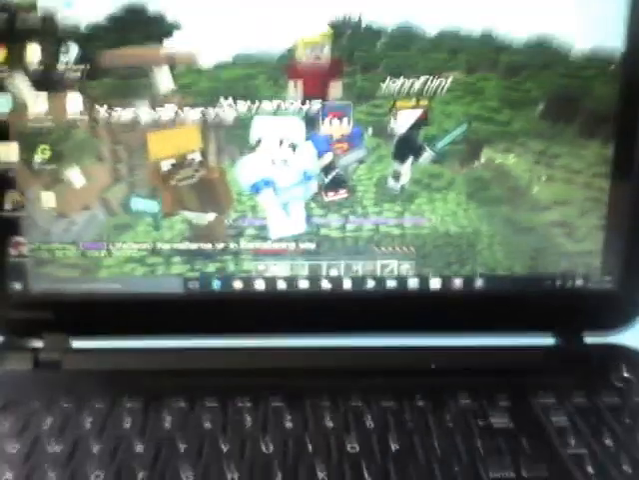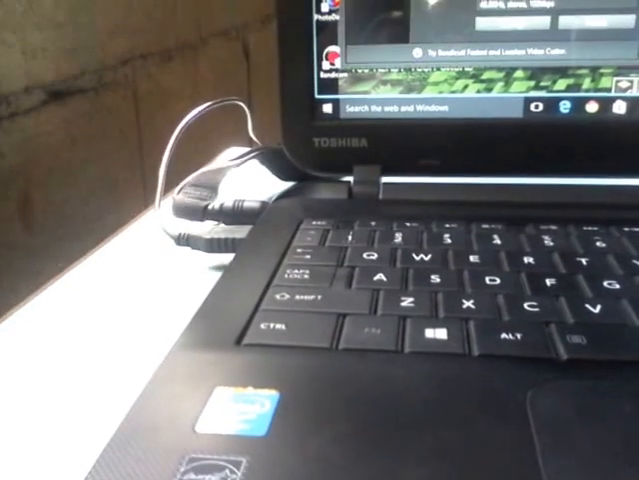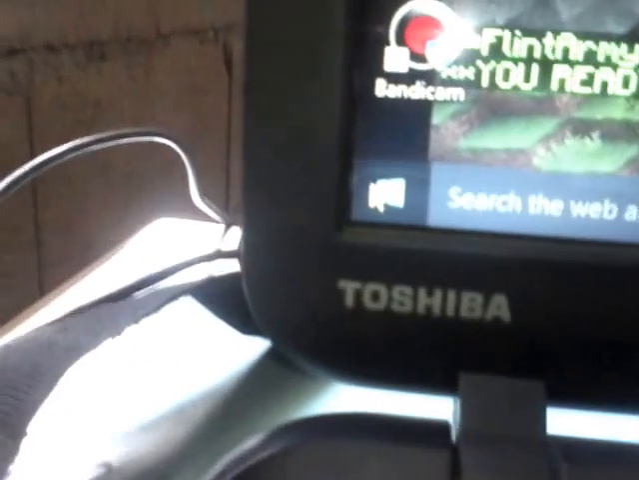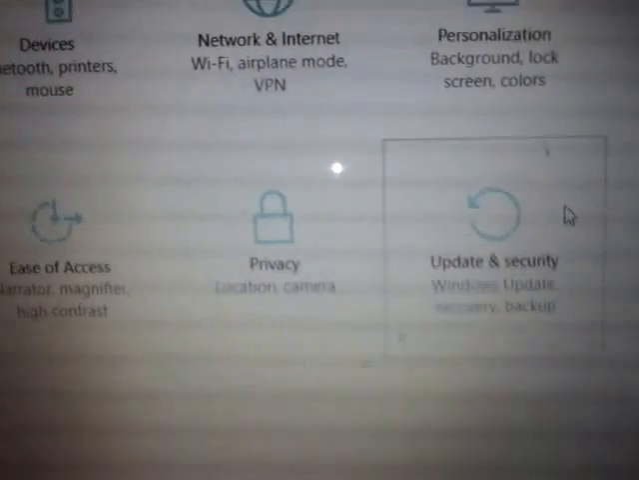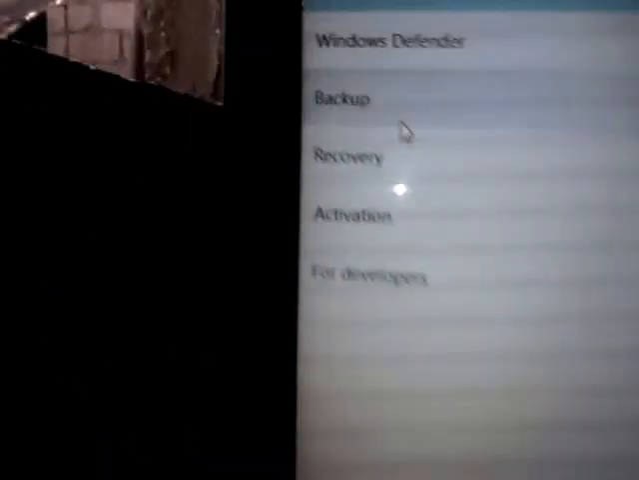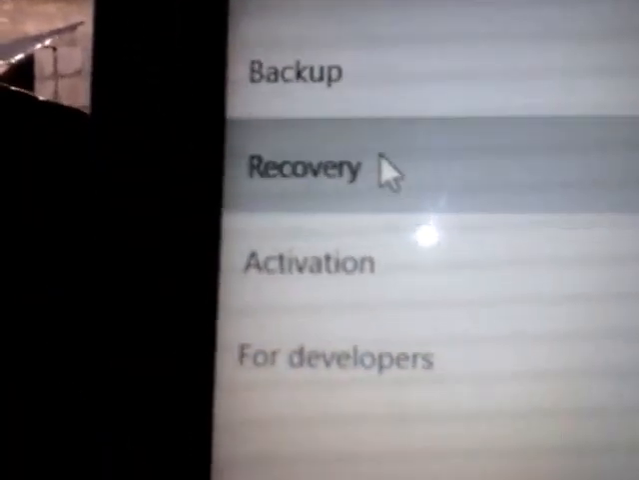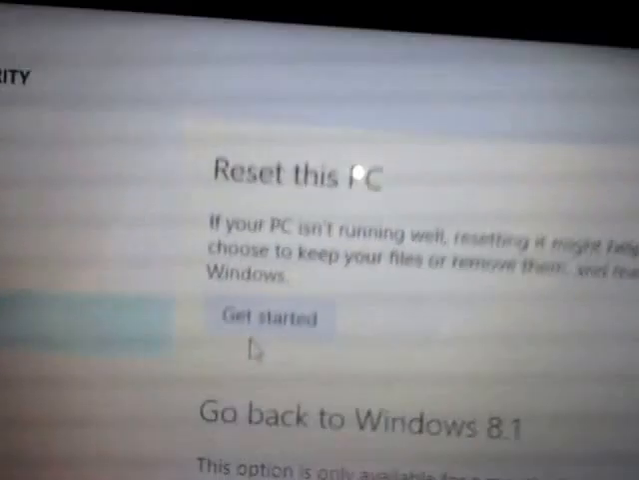So how to reset your Toshiba Satellite or whatever in Windows 10? First thing we have to click right here. Let me close this. So first thing you have to go right here, click that, and go to settings. Then when you go to settings, wait a sec, then go to Update and Security. When you're done here, go to Recovery, then look for Reset your PC